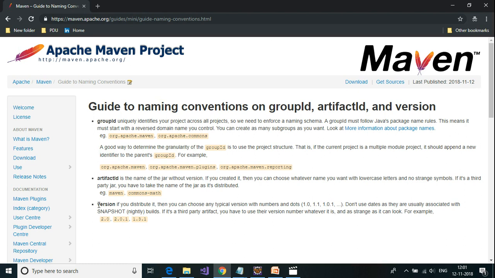Okay, so what is the version? The version, if you are distributing it along with your project, then you have to provide a specific version number, else it will create a snapshot by default. Okay, so let us go back to our